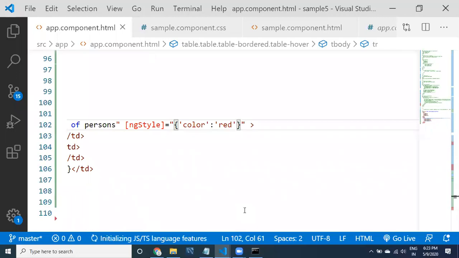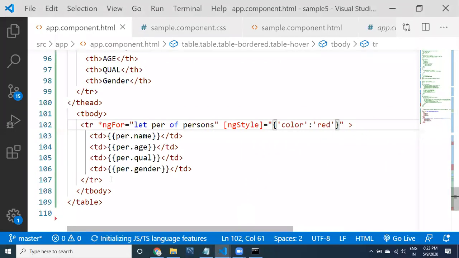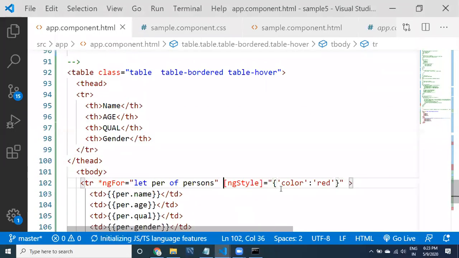Okay, how to add style to headers? Yeah, go to header and then apply it. Okay, go to apply header, not a problem. So go to header, whatever style we have. Okay, let me remove this one now.